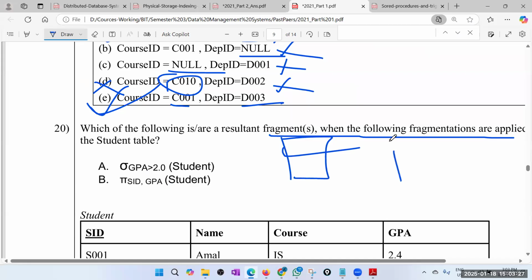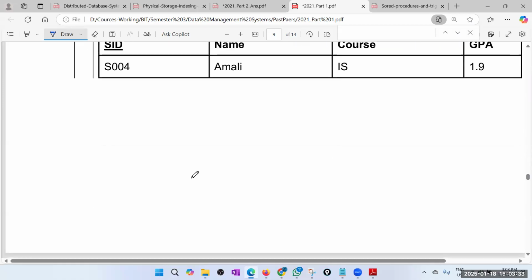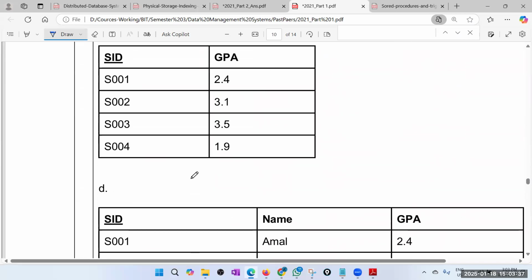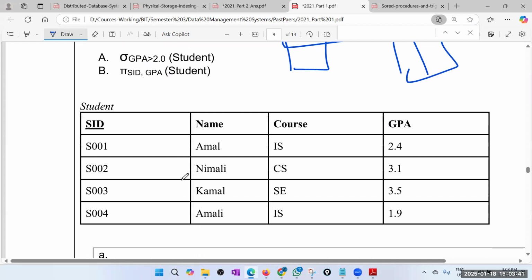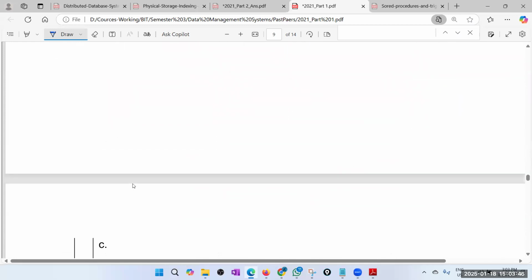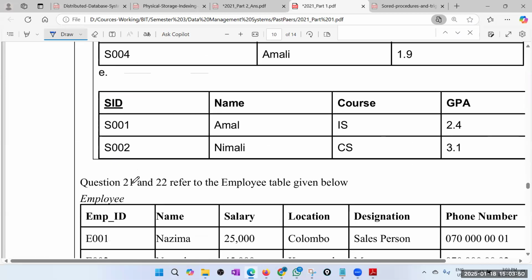This is only some fields are taken, vertical fragmentation. Student table is there. Then these are the answers. මේ answers තියෙන්නේ දැන්. right වෙන්න පුළුවන් මොනවද කියලා